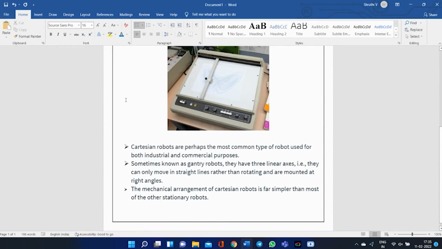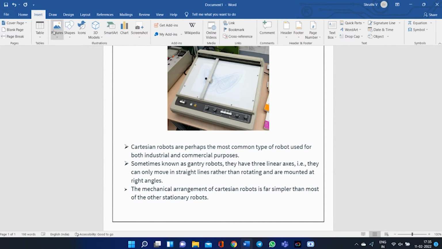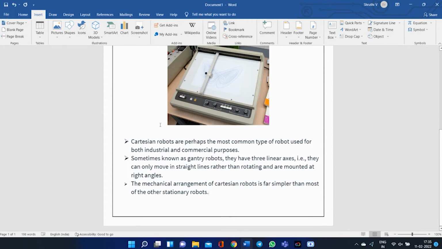And for inserting the image, you can either insert through this device using the insert option, or you can copy and paste the image. For dividing the passage into many points, you can use the bulletin option, which is in home.